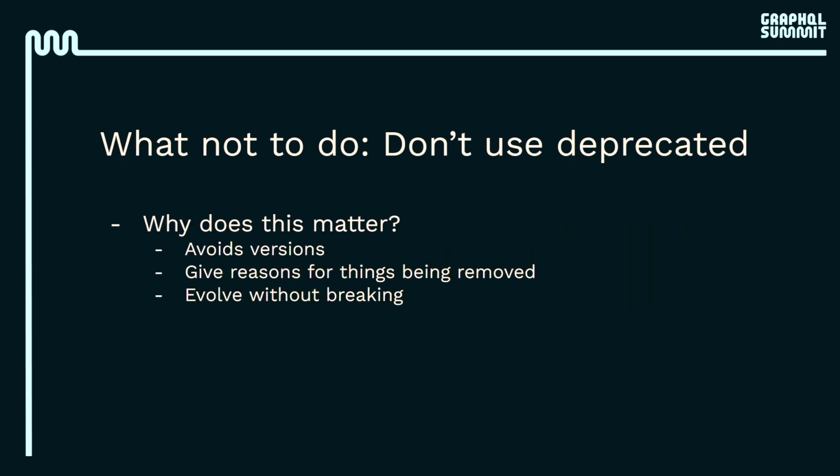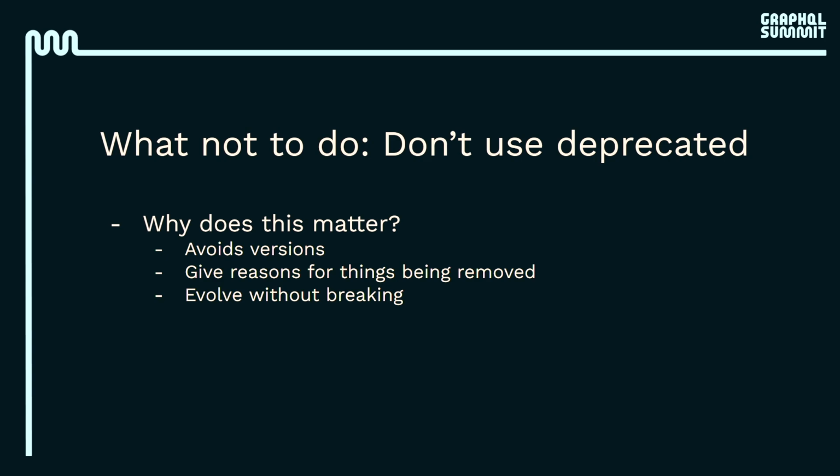And why does it matter, right? Why do we care that you use deprecated? Deprecated is a great way to avoid versions. Versioning in a graph is very bad. It doesn't tend to work well. And deprecation is a great way to kind of move that forward and say, hey, this is a field that's no longer needed. It's no longer used. You shouldn't be using this. Use this other field. With that, in all of your deprecation stuff, you can actually add a reason too, which is great. You can say, don't use field A, use field B because that's the new version of this field.